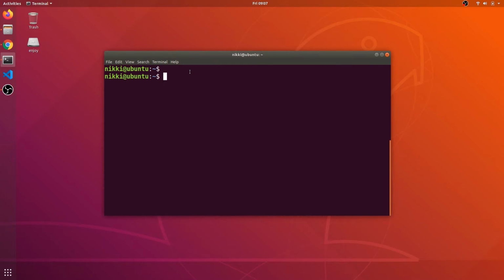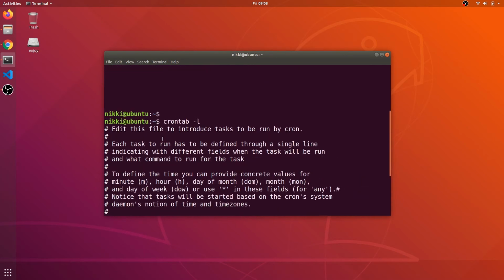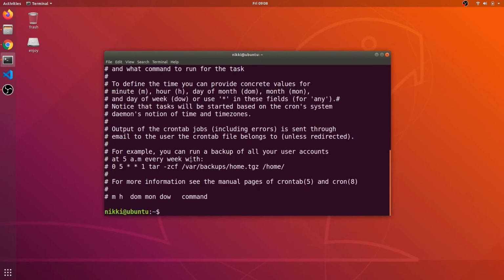So all you need to do is type crontab -l. This is the cron table, and this crontab contains all our jobs. If you type crontab -l, you will see the list of the jobs that are already assigned in the crontab.